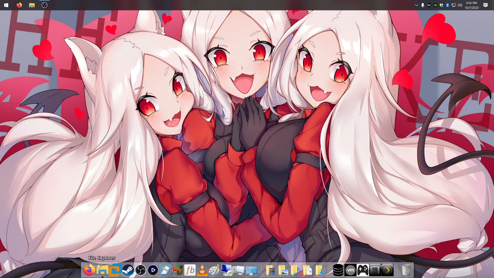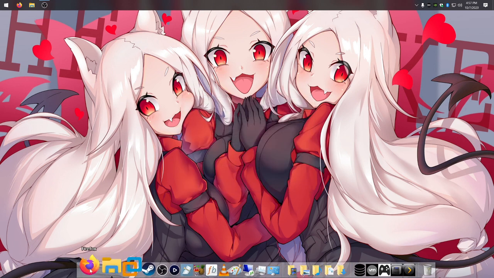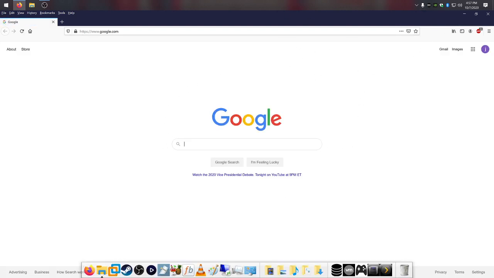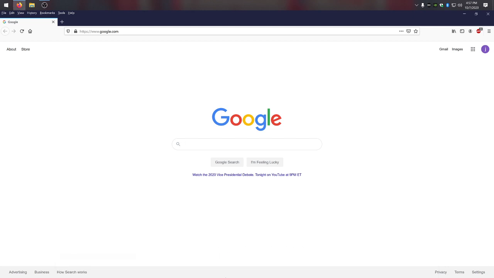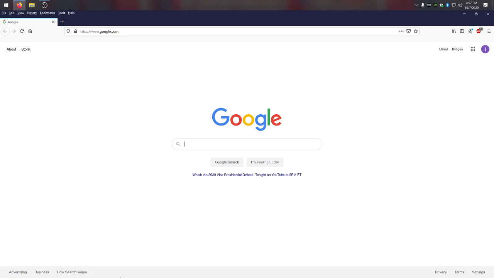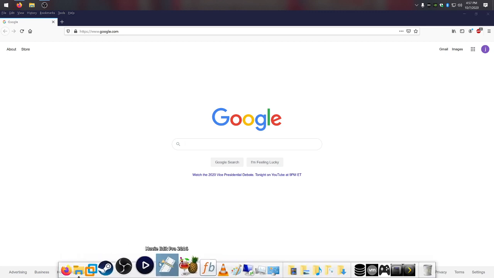And so it loads up like this. If we load up a web browser, it loads up like this, and the taskbar is at the top, and this goes down. It hides down like if you had it customized like Mac OS. And also, I have Steam on here,